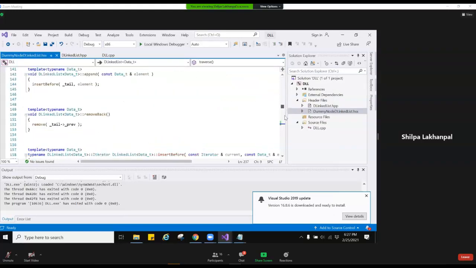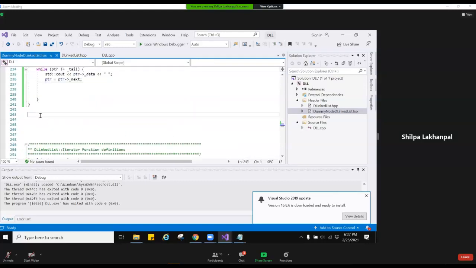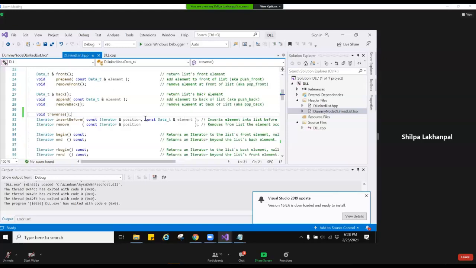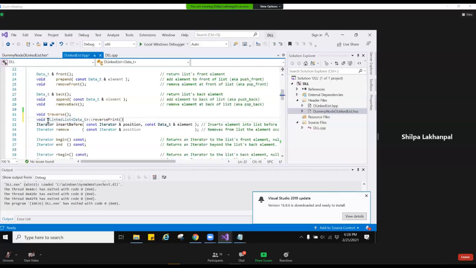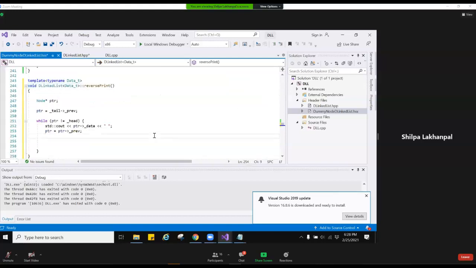After having done that, I will paste it in the HXX, put the declaration where it belongs, and now let's see what that code is doing.